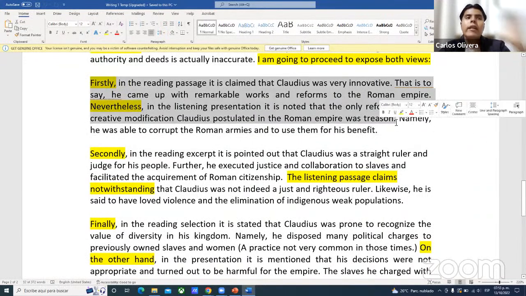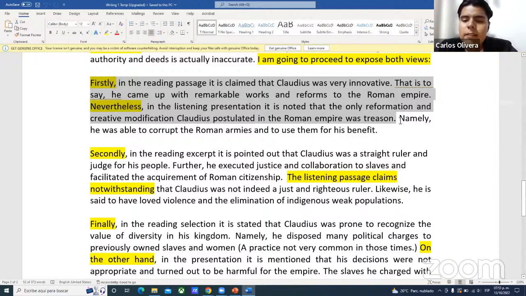We are contrasting. The reading passage said this about a first point, but the listening passage contradicted that first point, and they said this, right? That is exactly what we're doing here, because in the reading passage, they said that Claudius was very innovative. Good. But in the listening passage, they said that his innovation basically consisted of mere treason, right? We are summarizing that. And we are contrasting, right? Because we are making sure that the opposition that exists between both materials and information sources is identifiable, is noticeable,